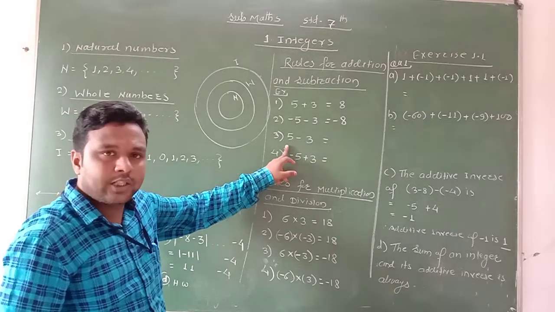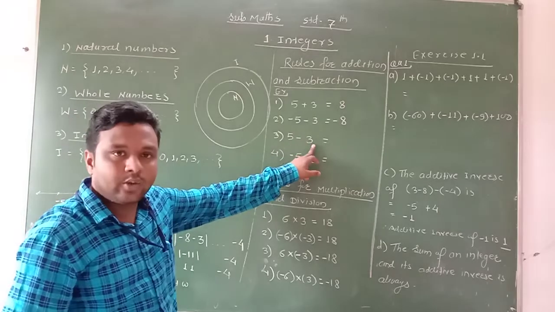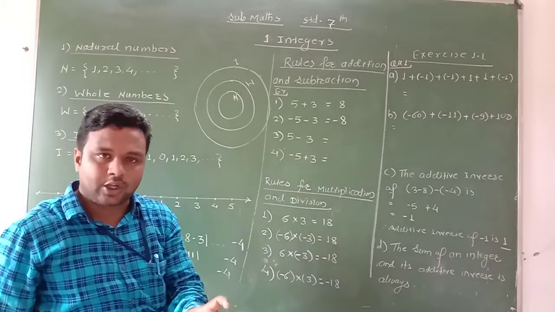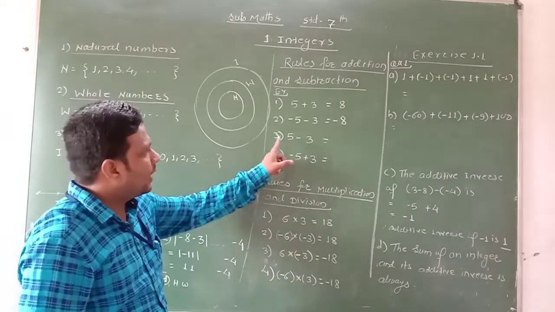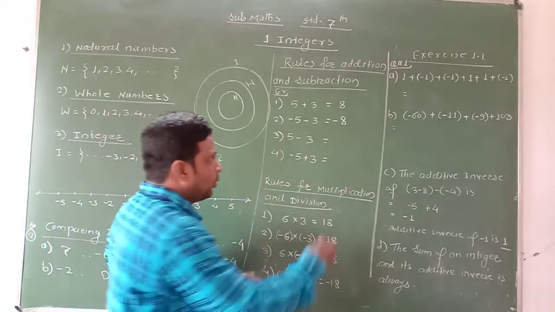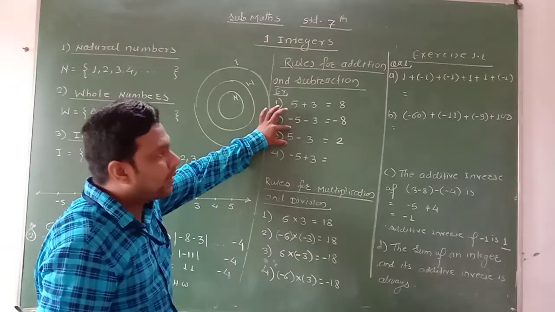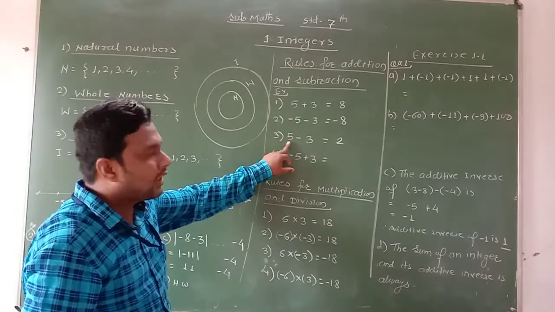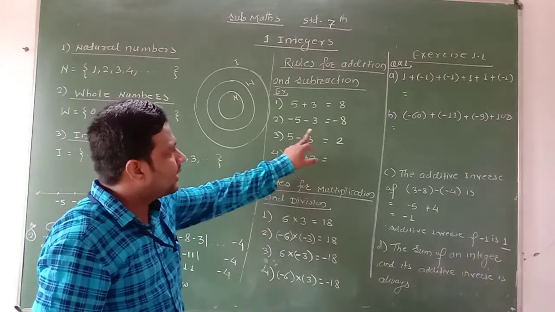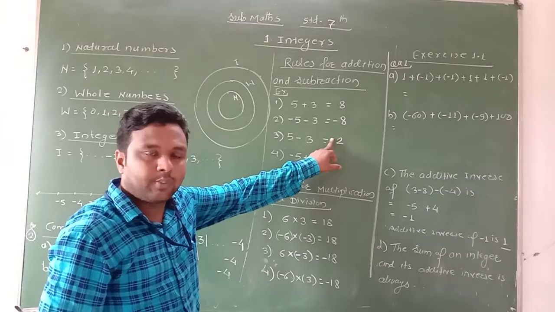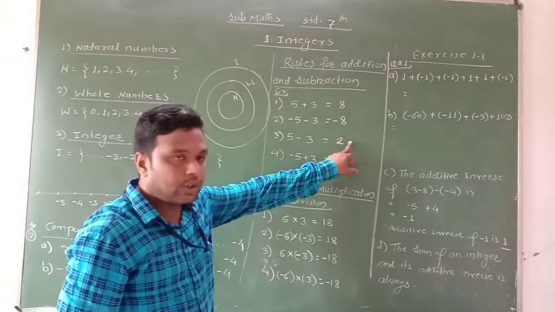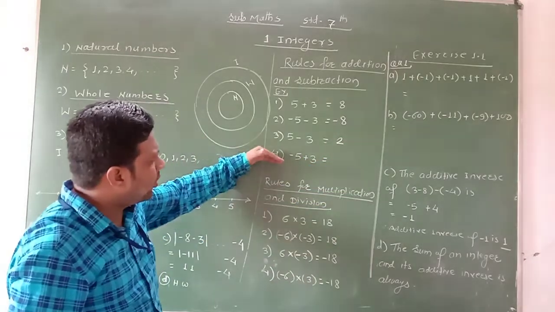Okay. Now see the third rule for the addition. If one is positive, another is negative, then you have to do the subtraction of the integers. Therefore 5 - 3, here we get 2. And what is the sign for the answer? The sign of the greater number. And which number is greater here? 5. Therefore its sign is positive. There is no need to write the plus there. Therefore the answer is 2.